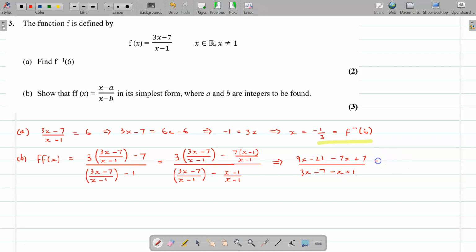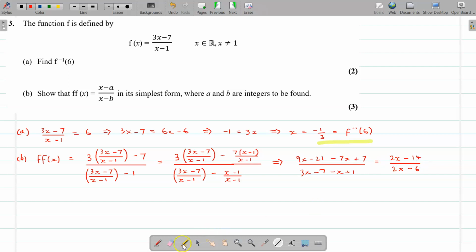If I put all that and tidy that up, I get 9x minus 7x is 2x, and I get 2x minus 14, and that's all over 2x minus 7 plus 1 is minus 6. So it's 2x minus 14 over 2x minus 6, and hopefully you should be able to see straight